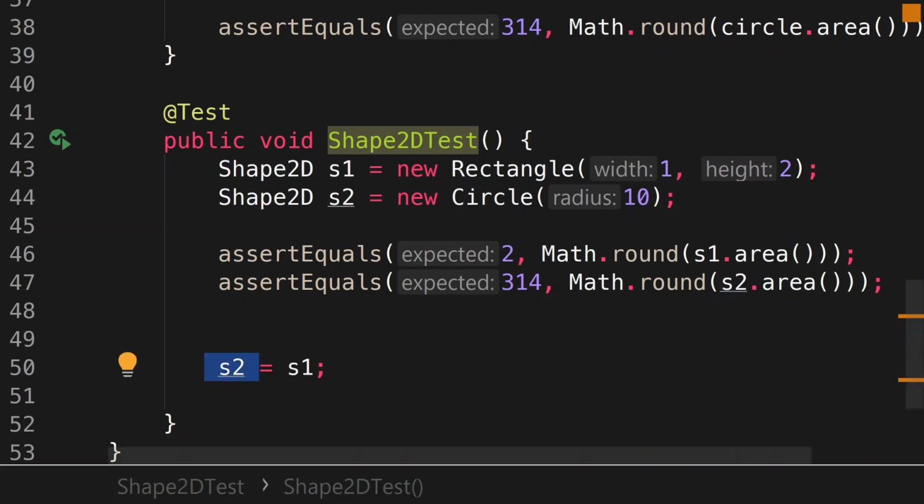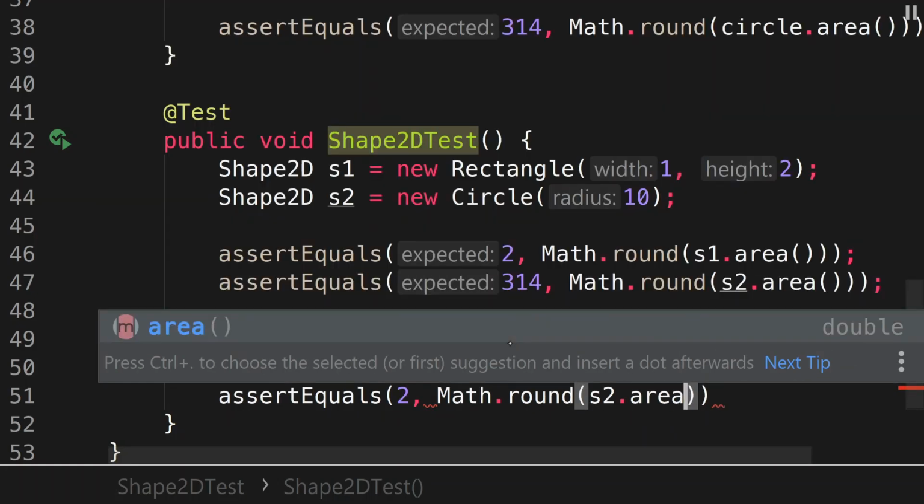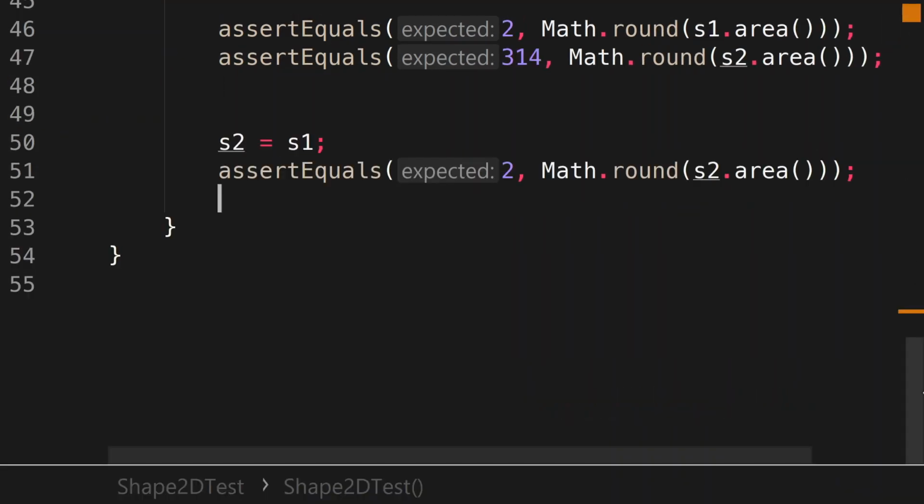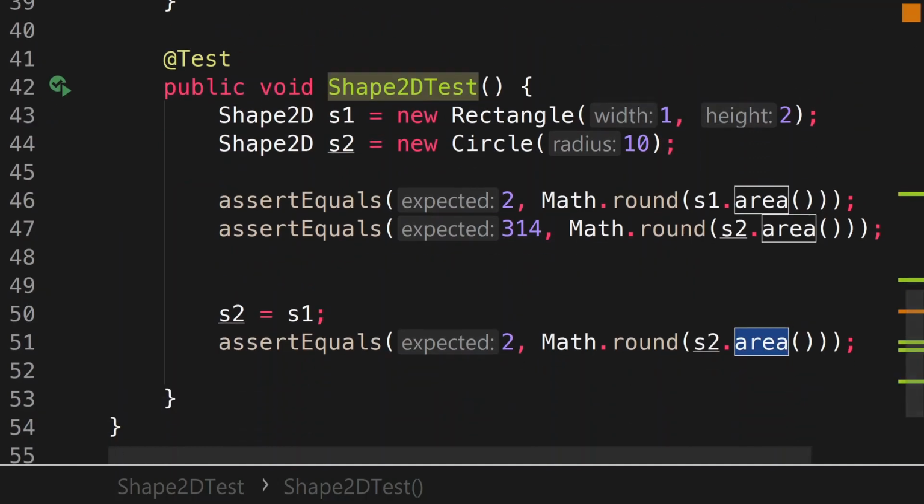So I can say S2, you're going to be replaced by the shape 2D inside S1, and that's okay because both of these implement the methods obligated of shape 2D, which is area, and I can go ahead and invoke the area method on S2. Let's see, I've replaced S2 by S1, which has a rectangle, has an expected area of 2. And that should run and complete. Perfect. Remember, I can call the area method because all shape 2Ds are obligated to implement area, and shape 2D